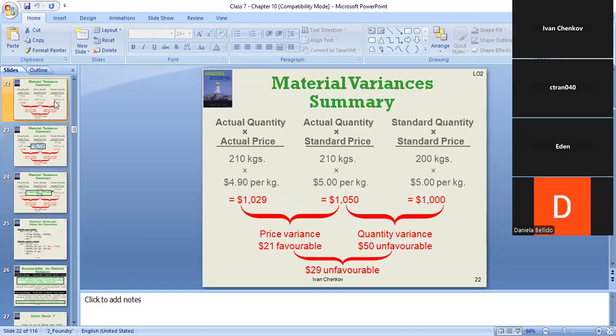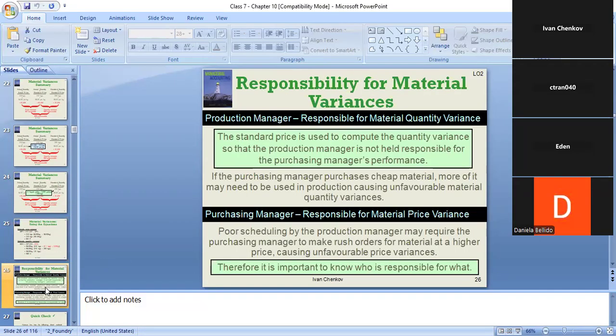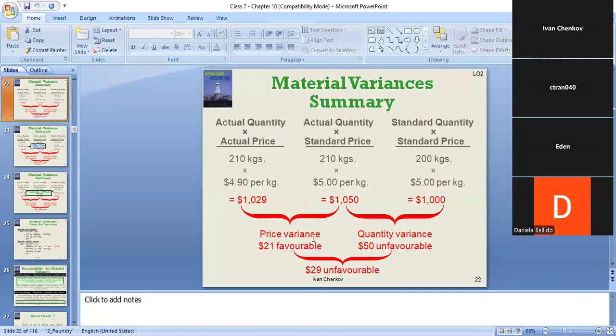My personal preference is this calculation. Why? Because I can see the numbers. I'm more of a visual person. I like to see the numbers, and I like to see the differences and everything. If I go with the formula, it's not that clear for me. It's clear now after many years of teaching this course. It's kind of clear, but in the beginning the big picture was important for me, so I can see